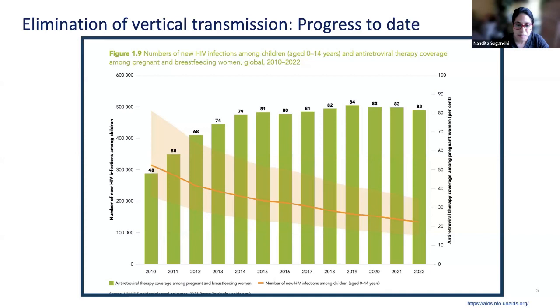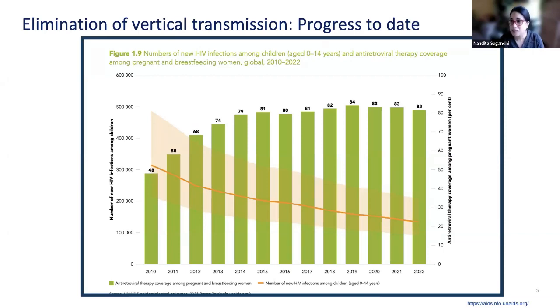And starting from about 2014 or 2015, we really see that we stalled, and we're only reaching about 80% of women who are living with HIV and pregnant or breastfeeding with ART. So that means 20% of women are still not receiving the most important intervention to prevent vertical transmission. And likewise, we see in the orange line here that we haven't had much of a reduction in new vertical